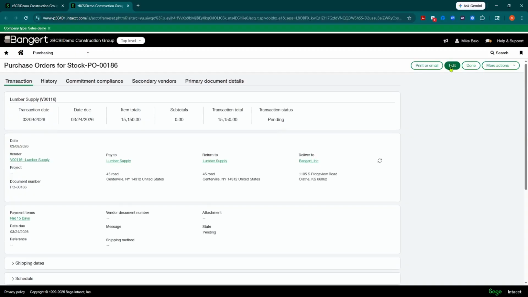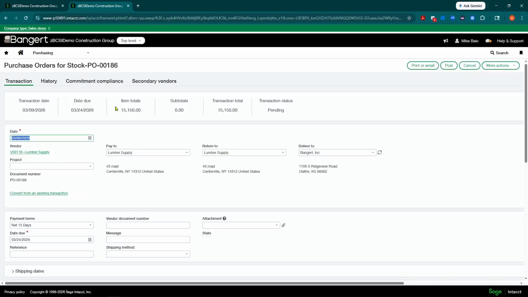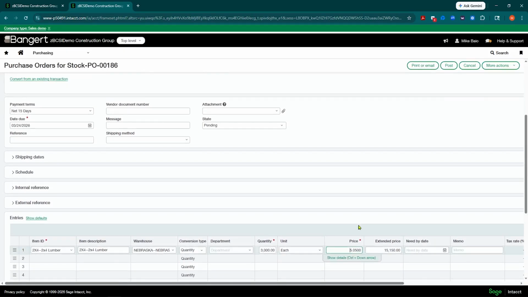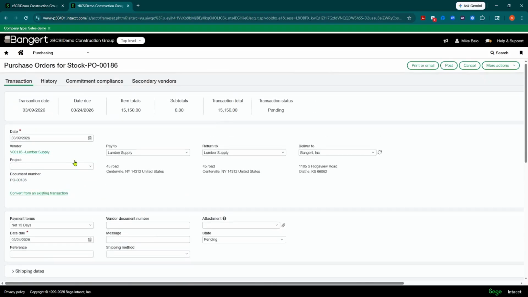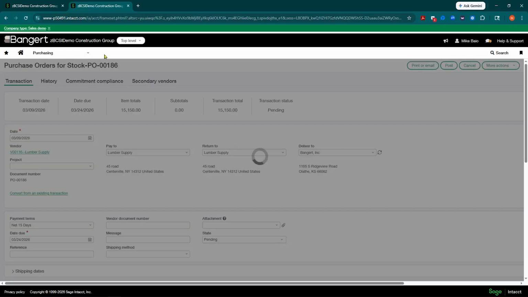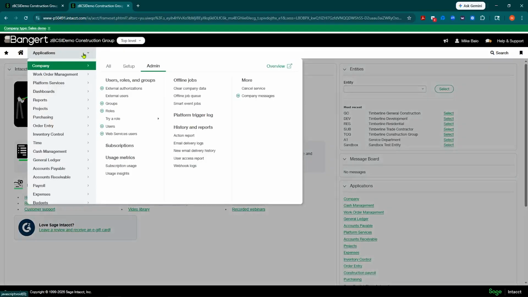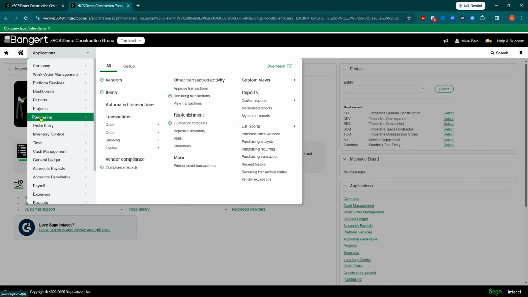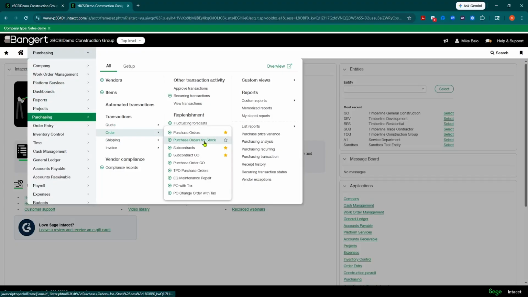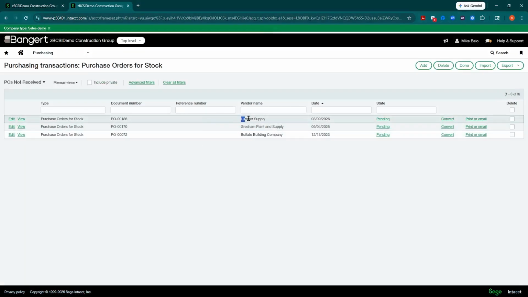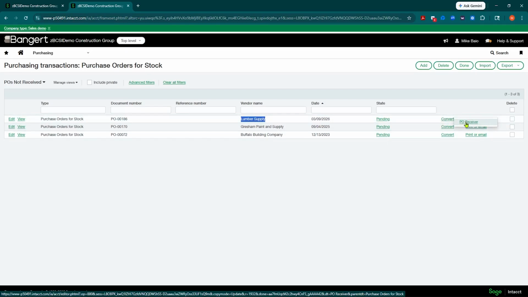Okay. And then they can edit it here. And if the pricing changed or they need to add some things on this or change some shipping information, they can go ahead and do that. And then they can print and post and do their purchase orders. And just to show you how that looks, directly over in the purchasing module it created a purchase order for stock. And there's that one we just created here. And then from this point on, you would follow your normal purchasing workflow for inventory, basically convert it to a receipt that can issue into inventory and so forth.